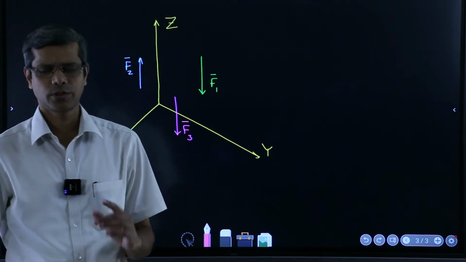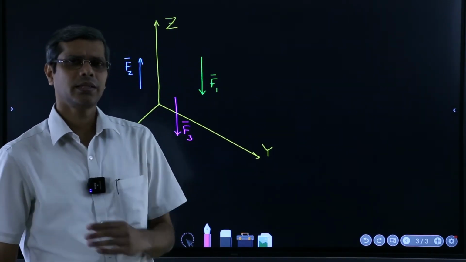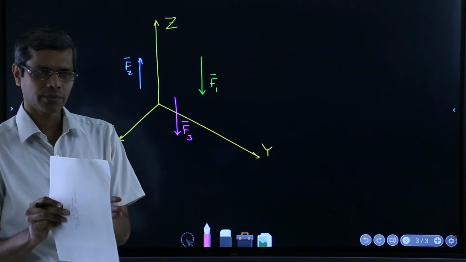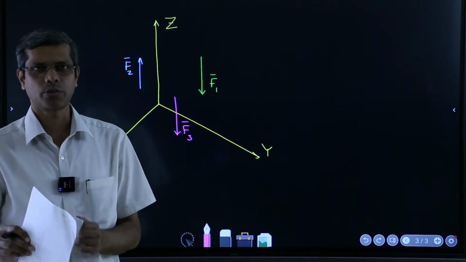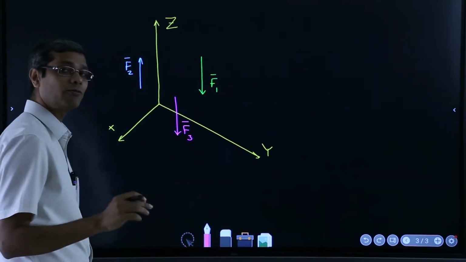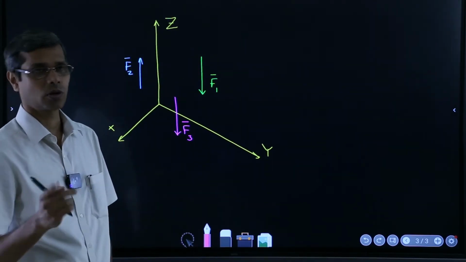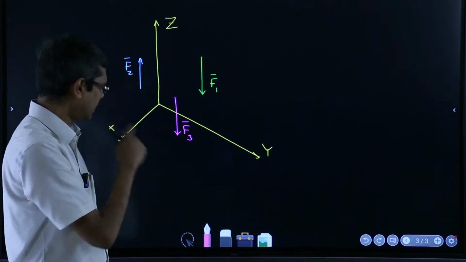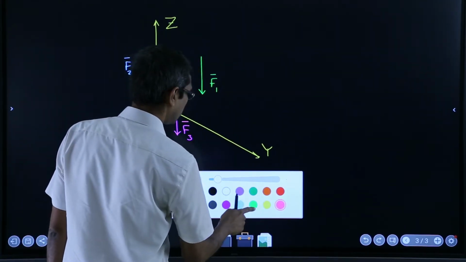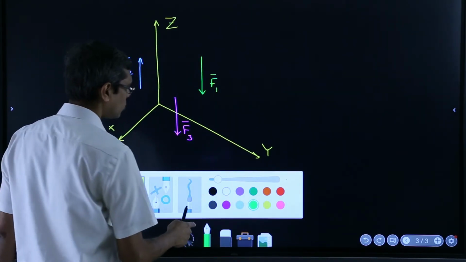Now these are singular forces. There is another option where I can have forces which act in an equal and opposite way, but at a distance. So they will form a couple moment, but those two couple forces also will be in the same direction. Let me try to draw something, and for that I'll create a plane first, and on that plane I will try to draw the vectors.